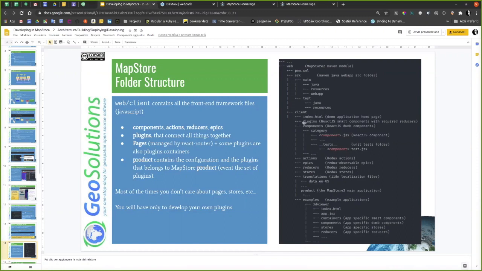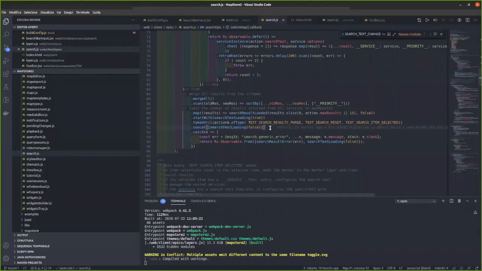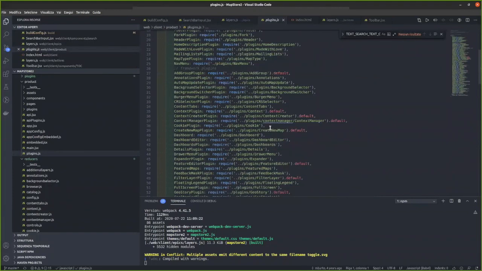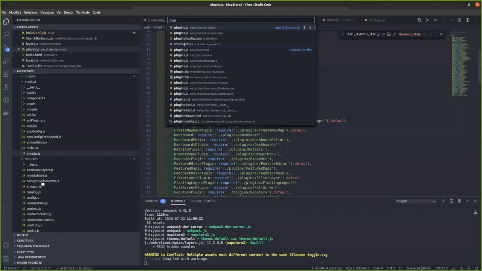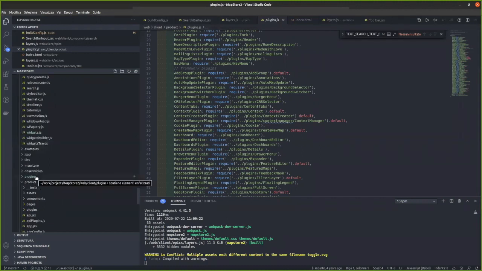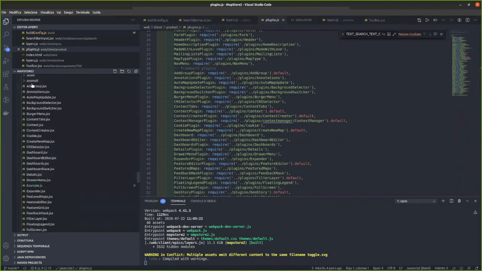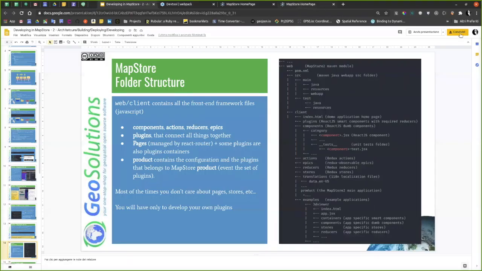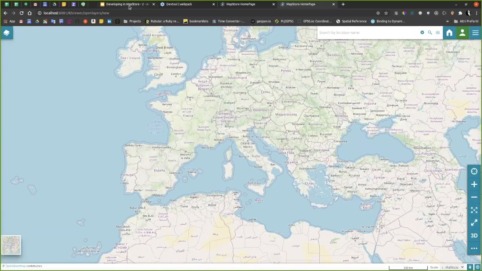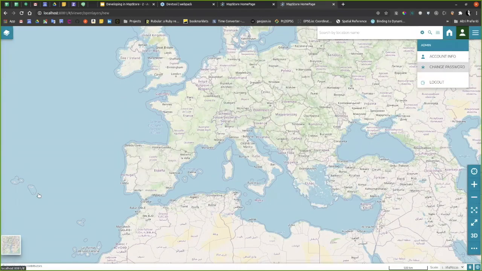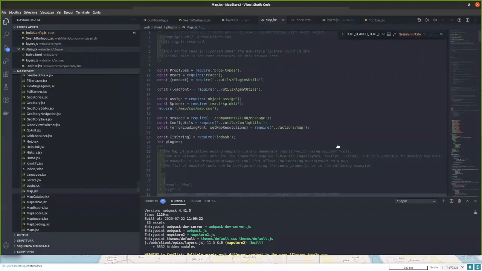In the plugins directory, you can find all the plugins of MapStore. For instance, there is a plugin for login that implements the login tool, and a plugin for map that implements the map